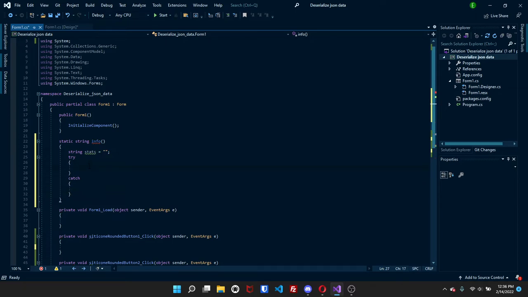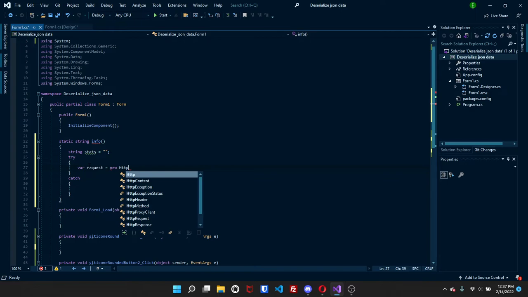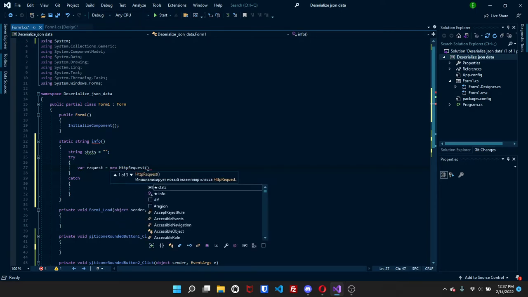And for the try, we're going to make a variable. Same thing, name it whatever. I'm going to name this request, and it's going to be a new HTTP request. And